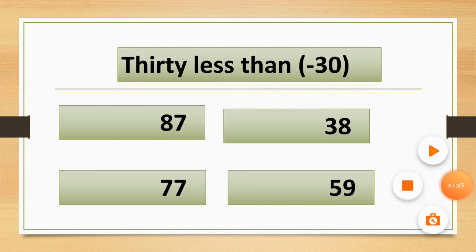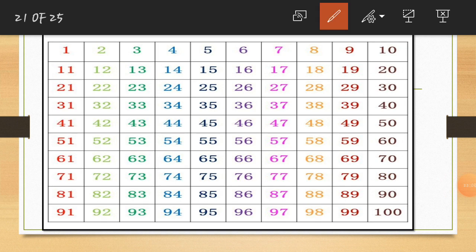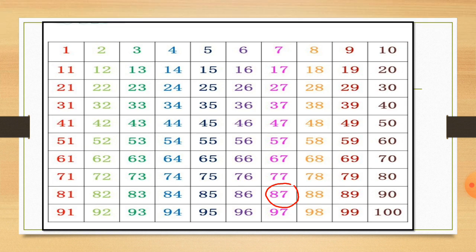Let's see. Students, here is the example. We will solve it through the hundreds grid and also we are using the shortcut method here. So here is the number 87. So we have to cut 30 from this 87. So we have to go 3 steps upside, then we will get the answer. So let's see through the hundreds grid how it will be useful to us. Hundreds grid, let's see where is the 87 number. So I circle the 87 number here. Here is the 87 number first. So we have to go 3 steps up.